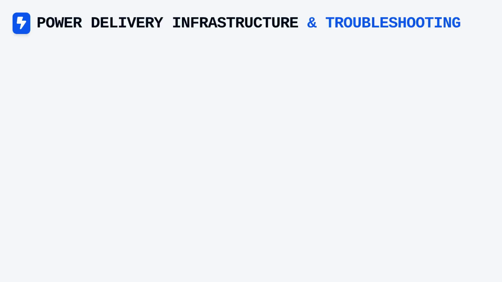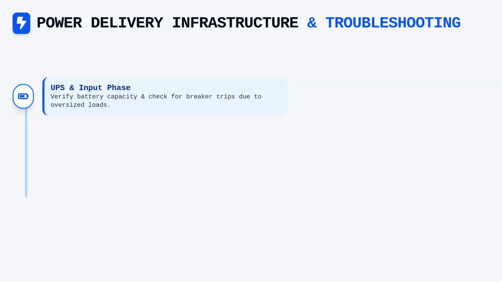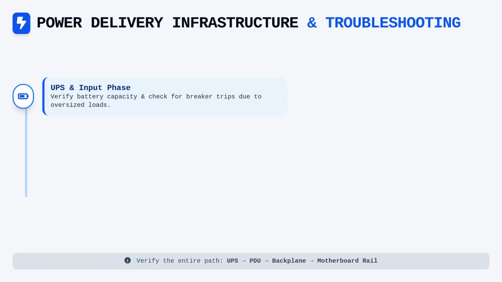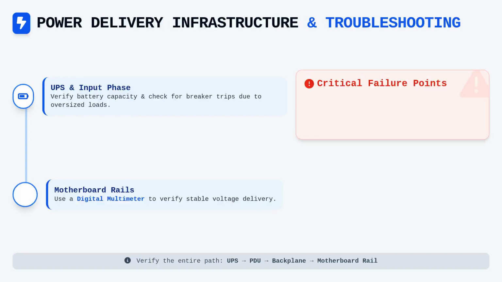Power delivery infrastructure constitutes a frequent, silent point of failure for high-density server deployments. A digital multimeter is an indispensable instrument for verifying that power supply units are delivering clean, stable voltage to the backplane. When analyzing power fluctuations, you must evaluate the entire path from the uninterruptible power supply down to the individual motherboard rails. If you observe random system resets, it may be that the UPS battery has exhausted its capacity and